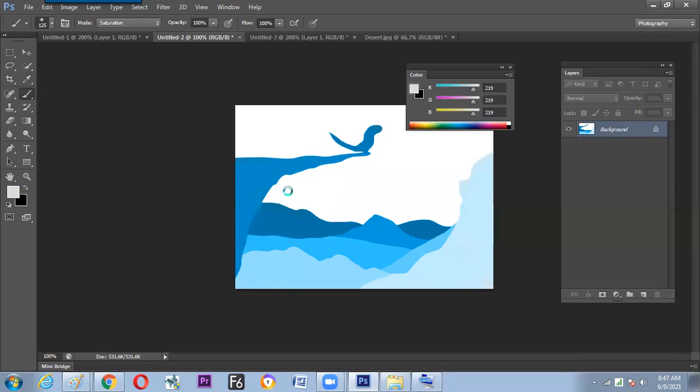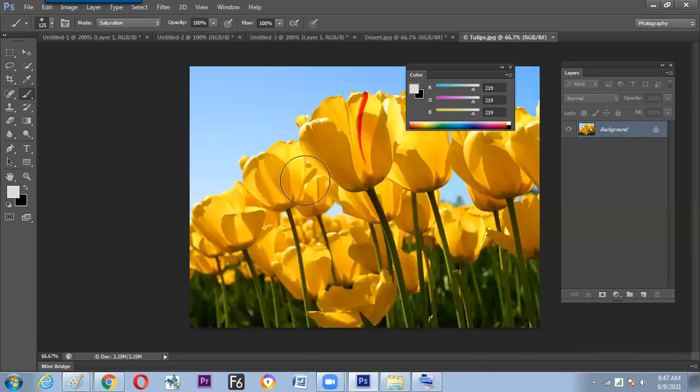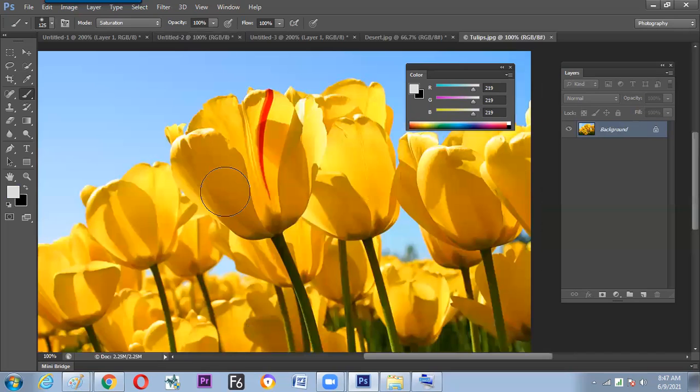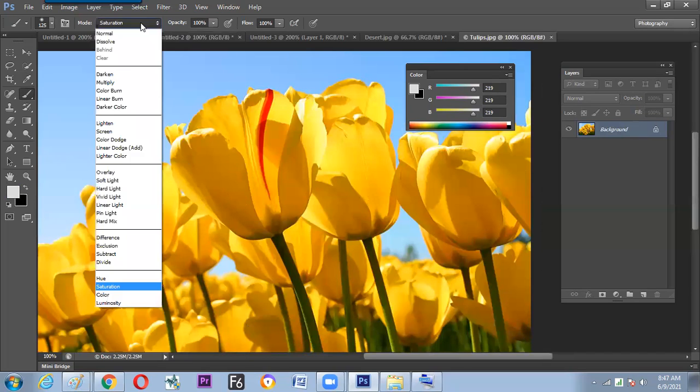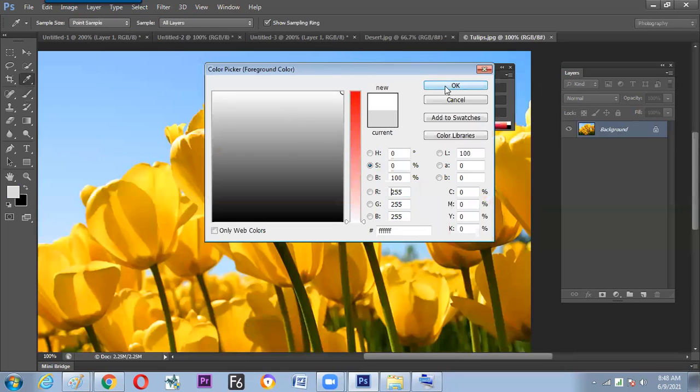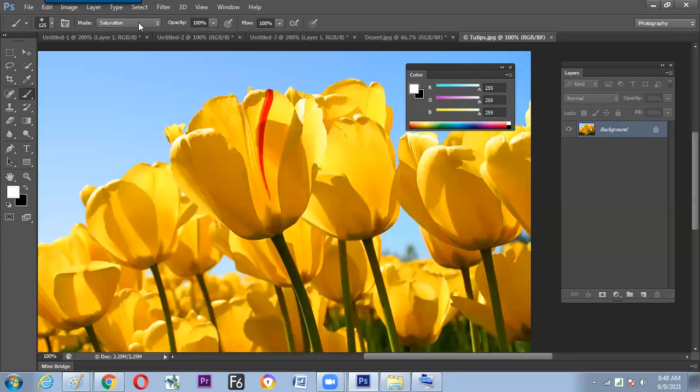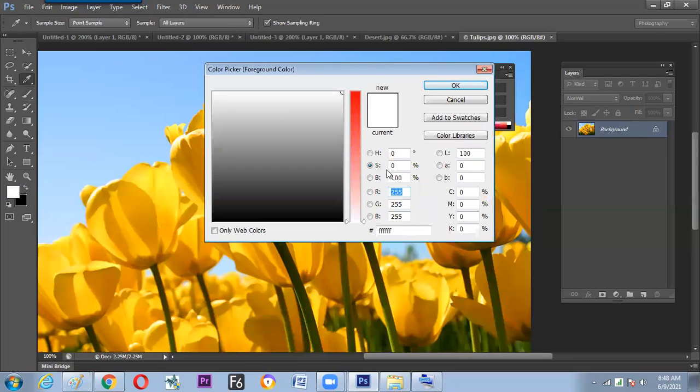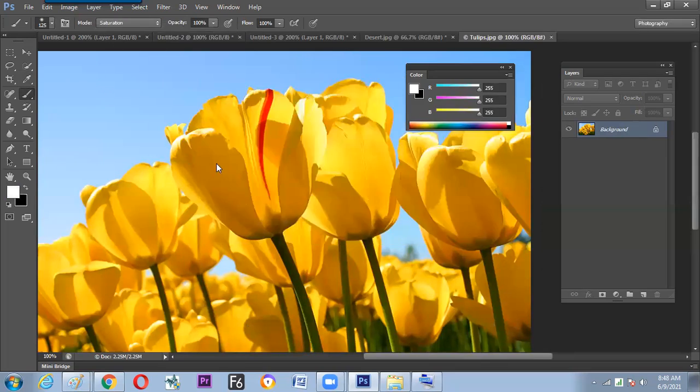If you need a particular flower to turn into black and white, then we can paint it with saturation 0. We can take white color, and white's saturation is 0. So if you make any particular photograph saturation 0, then what will happen? Any color will turn into gray.